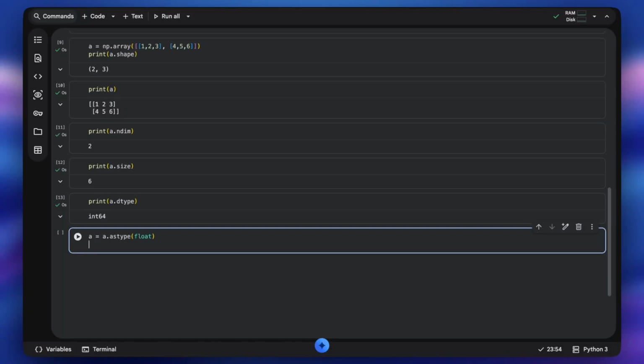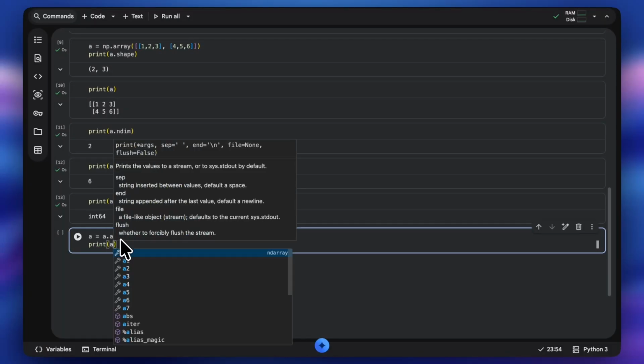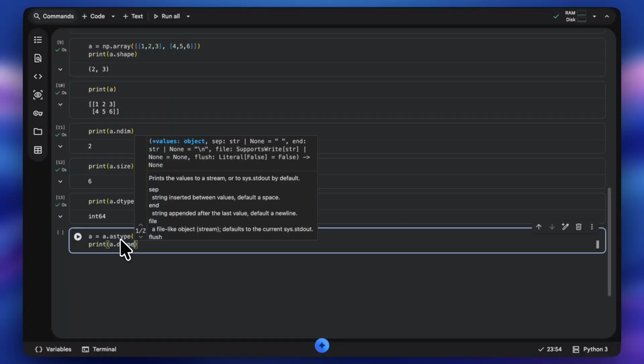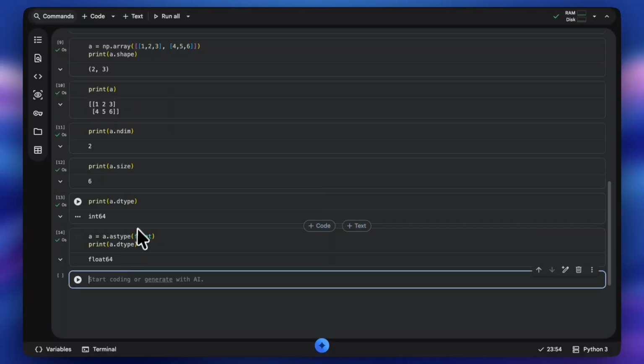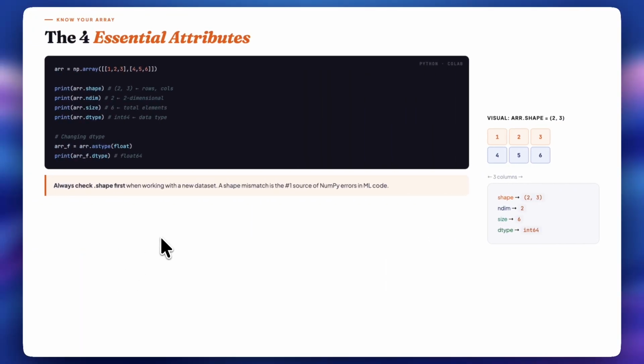I change to float, and then again I print a.dtype. As you can see, this changed the data type from int64 to float64. So this is how basically the attributes work in NumPy.